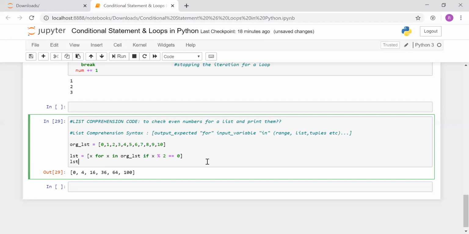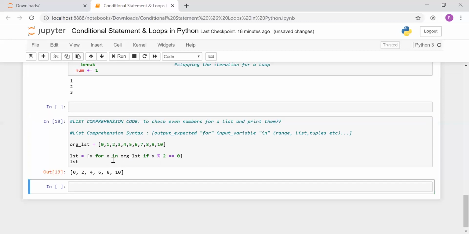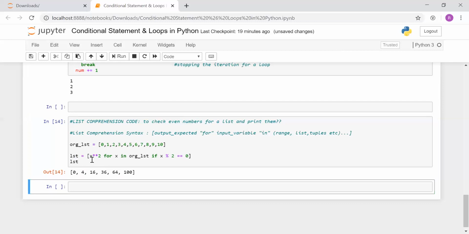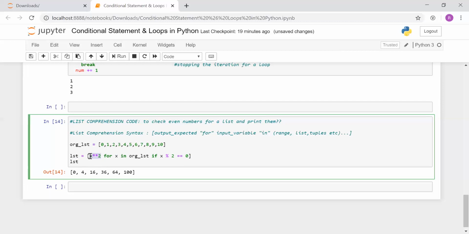Okay, so I will firstly do a shift enter for this. You can see all the even numbers are printed. Why? Because only for the even numbers, where the remainder comes out to be 0, does this condition come out to be true, and this value goes to this x. As a result, it is printed and assigned to this list variable. If you need to print the squares of such numbers, you do a shift enter, and now you will be able to differentiate that this was exactly the output which was assigned to this list variable.